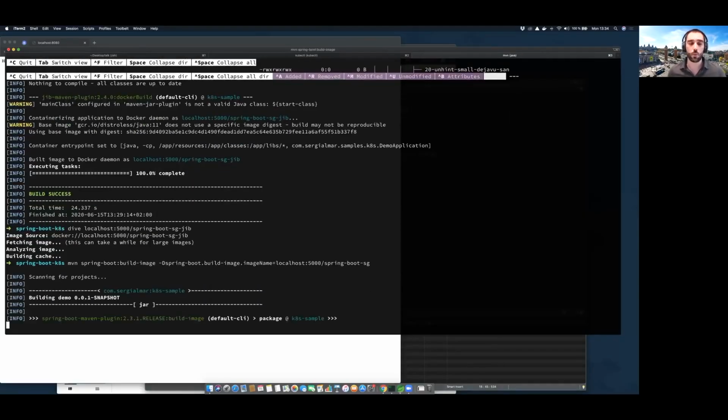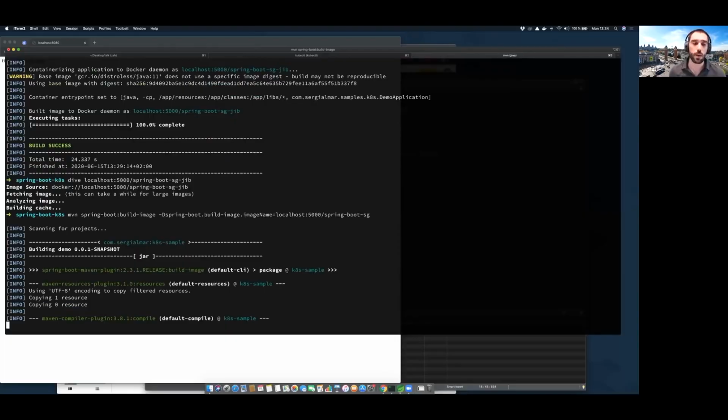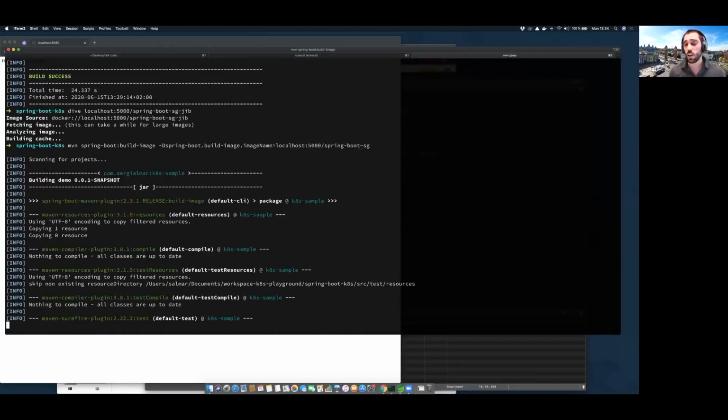Let's see what happens when we create those containers. Well, first thing that will happen is, of course, building the application, compiling it, passing the test. So that's a normal Maven build, right? But after that, when everything is generated, we have our jar file. So notice that we have here our jar file. We're going to start creating the Buildpack